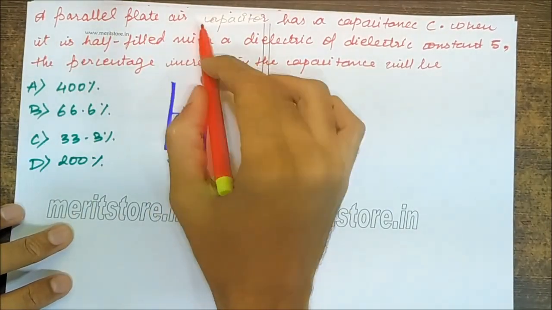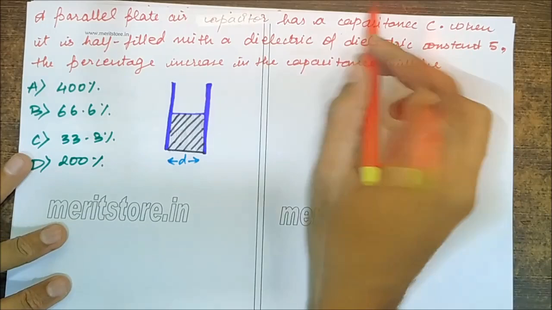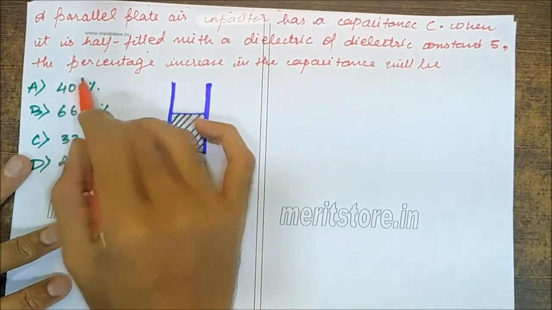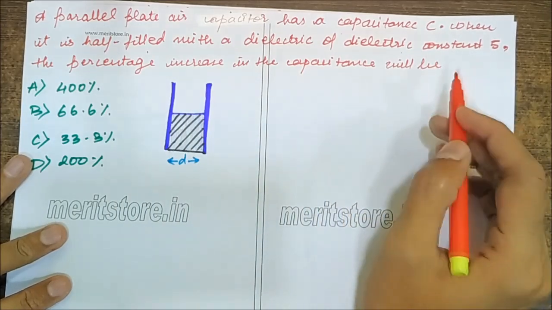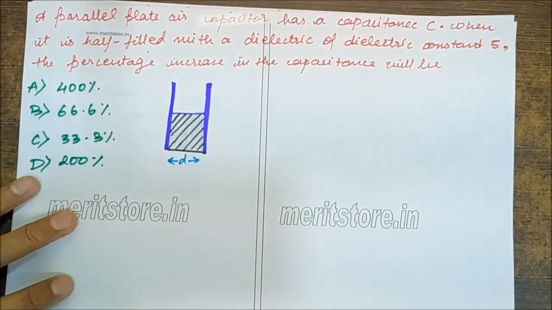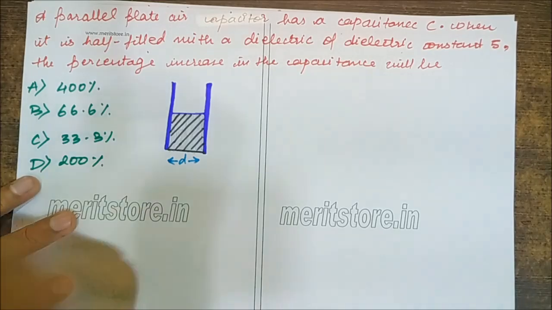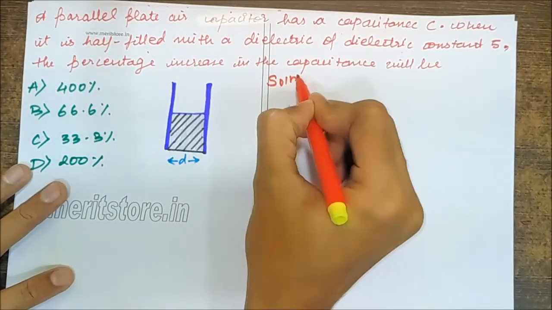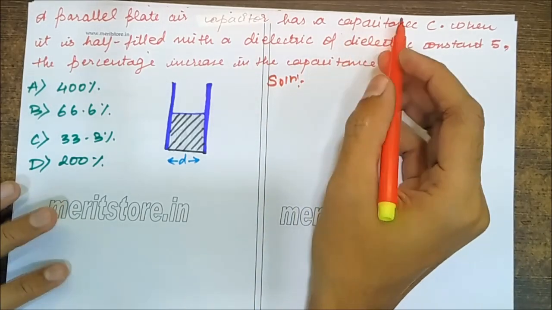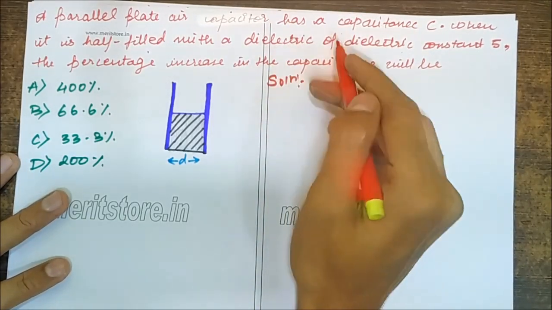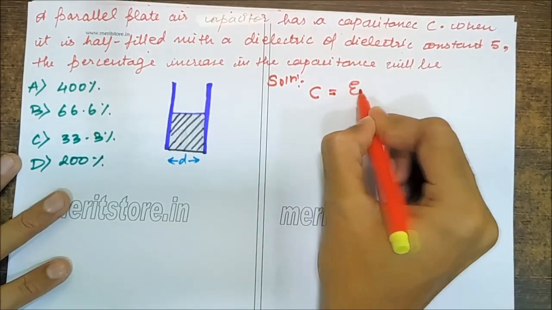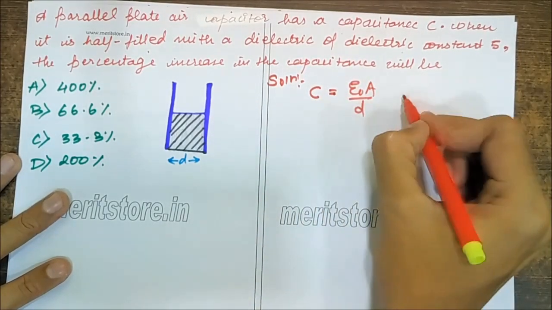Okay. A parallel plate air capacitor has a capacitance C. When it is half filled with a dielectric of constant 5, the percentage increase in the capacitance becomes? So we have the options 400%, 66.6%, 33.3%, or 200%. Firstly, we have 2 conditions here: the earlier capacitance and the capacitance after adding a dielectric. So the earlier capacitance C we can write as epsilon naught A upon D,